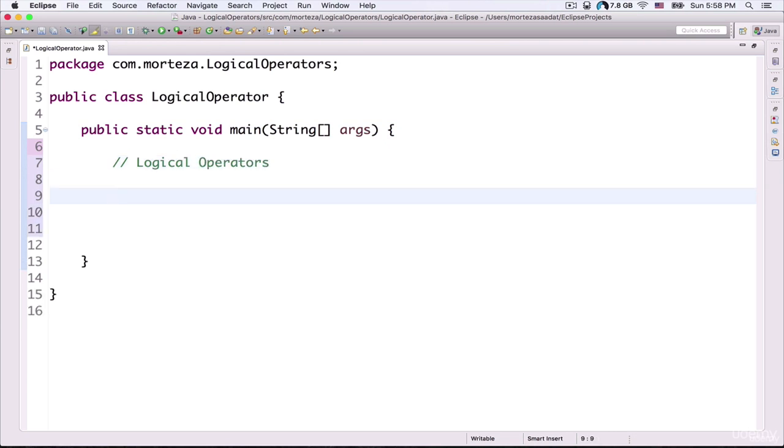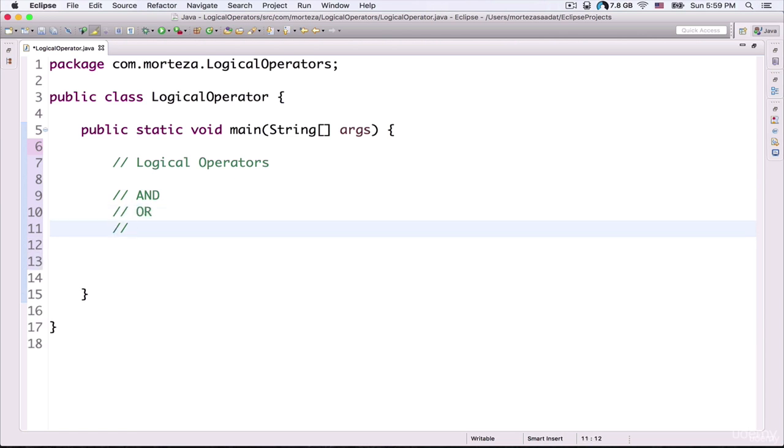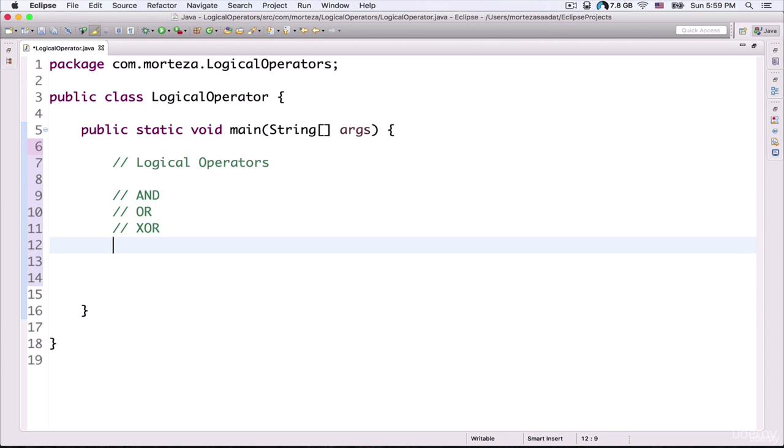Okay, so expressions that result in Boolean values such as comparison operators can be combined to form more complex expressions. Okay, this is handled through logical operators which are used for the logical combinations. Okay, so the first one is and, okay, or, the next one is xor, and not. Okay,